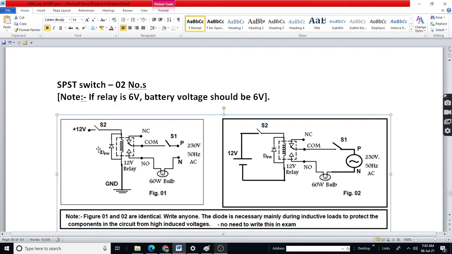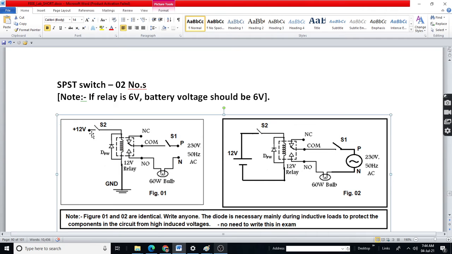So we have kept switches at both the circuits for our easy operation, for our better understanding. Actually, there will usually be no switch in here, because instead of this switch, the relay contact common terminal itself is acting as a switch, but we are keeping an additional switch here.